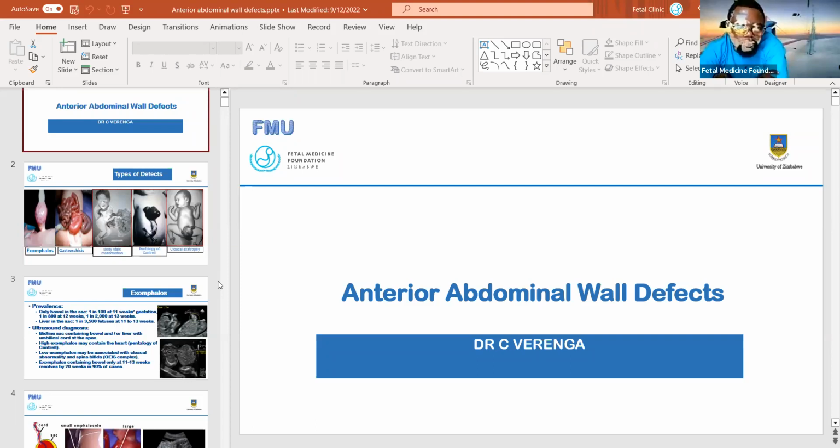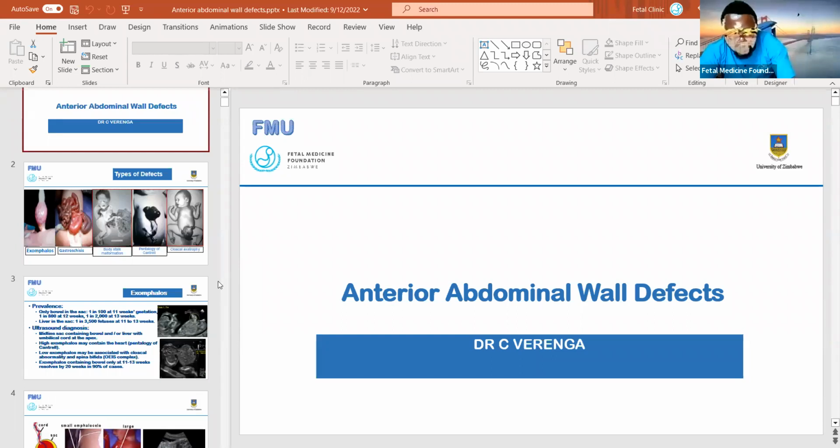We want to finish the fetal anomaly series course now, because we are still on anterior abdominal and GIT. So maybe for the sake of time, let me go through the part that we haven't covered on anterior abdominal, but I think we've done most of the